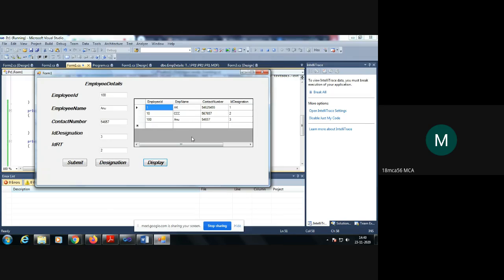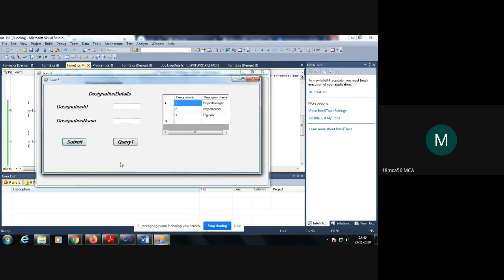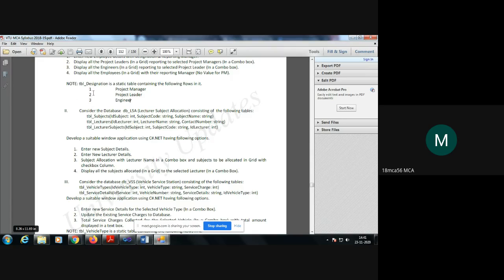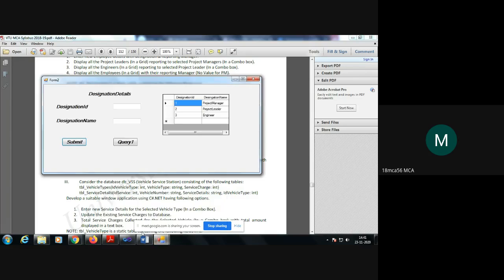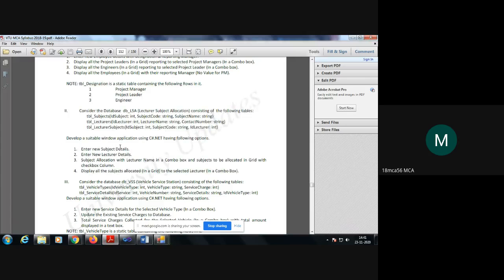Understood? Now designation table. Here no need to insert once again, because designation id is a primary key. Once again I cannot insert a designation id, because in the question itself they have given, note the designation table is a static table containing the following rows. One is for project manager, two is for project leader, and three is for designation. Okay, next what we have to do is,